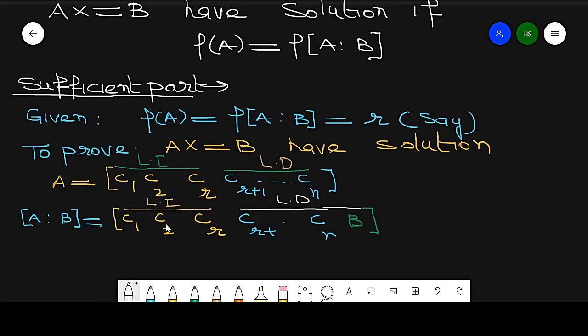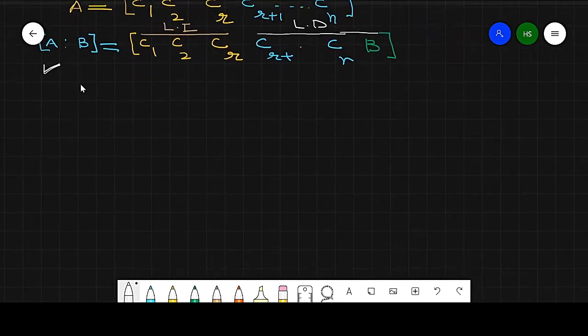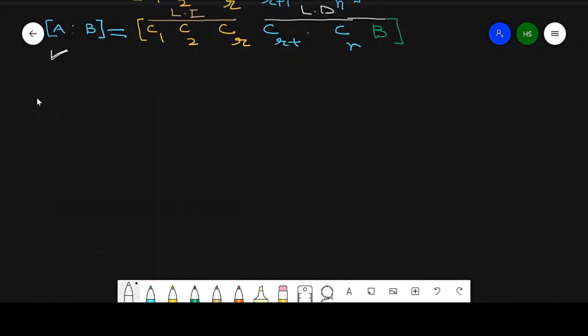Now in the case of the augmented matrix, B can be, these are linearly dependent, so this can be written as a linear combination of these R column vectors. So it means B can be written as